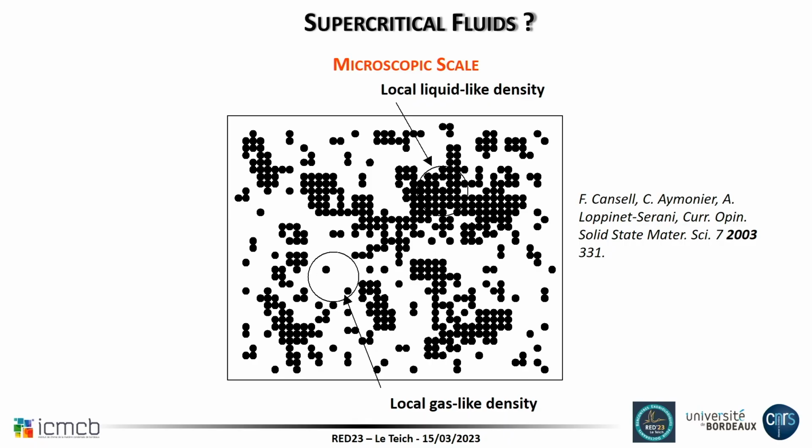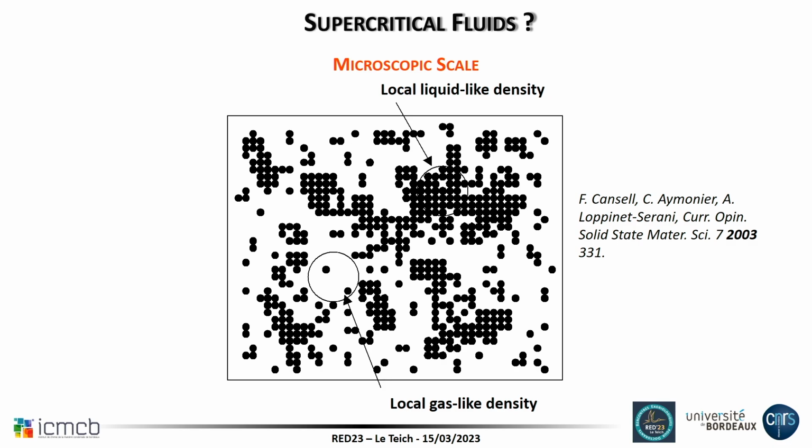If you look, this is just a scheme, a modeling, of the interactions between those black dots that are water molecules. If you take a single snapshot of water at the molecular scale, actually you have liquid-like zones and gas-like zones. And all this evolves very fast, on the order of a few nanoseconds, meaning that the solute can be stabilized by liquid-like areas of the water, and the diffusion can be very fast from one point to another through